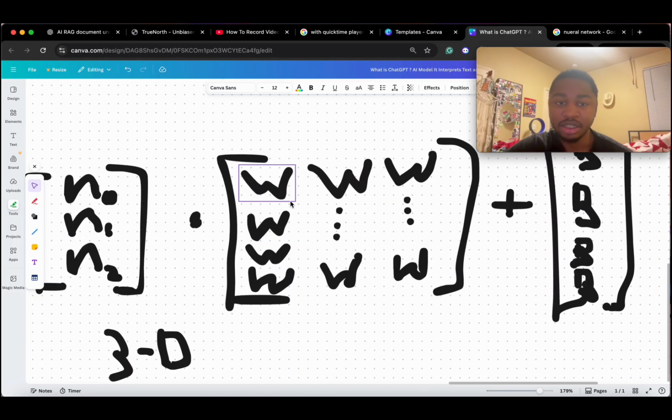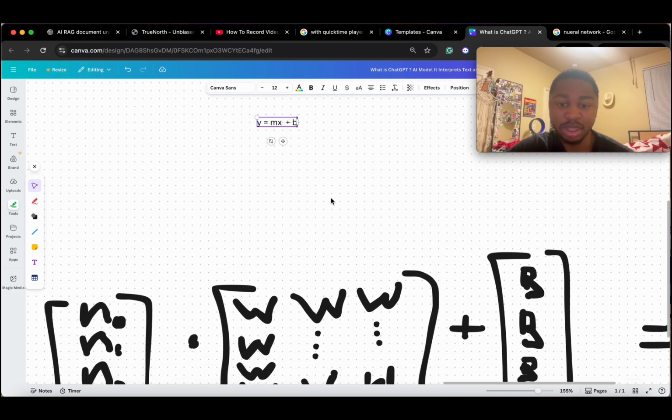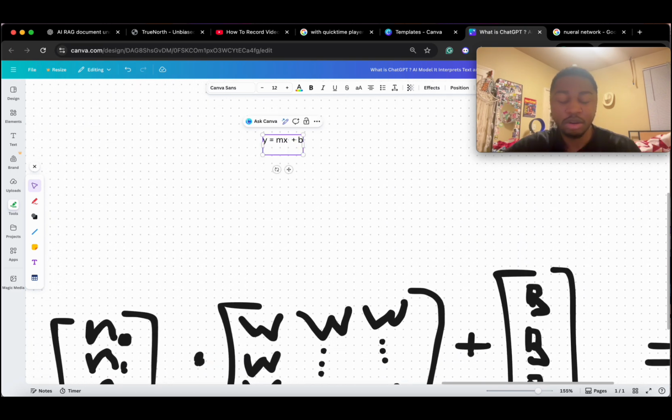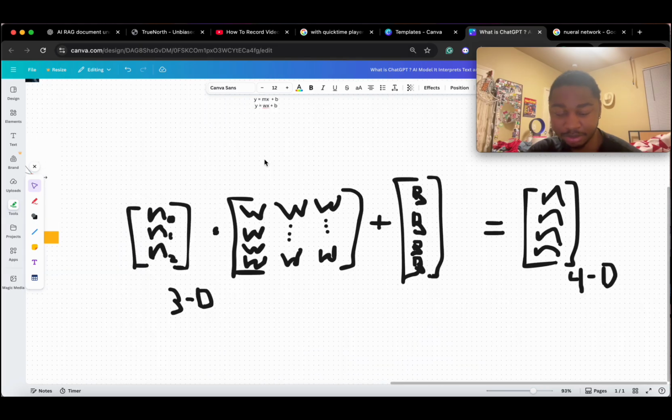Think of this essentially as the same thing as this, just higher level. You could think of it like y equals Wx plus b: weight matrix times x vector plus b vector, the bias vector, and it gives you a y vector. It's literally the same thing, if you ever wanted to know.